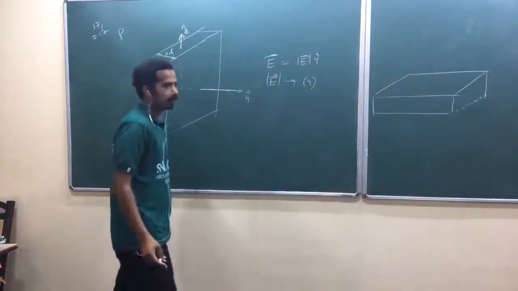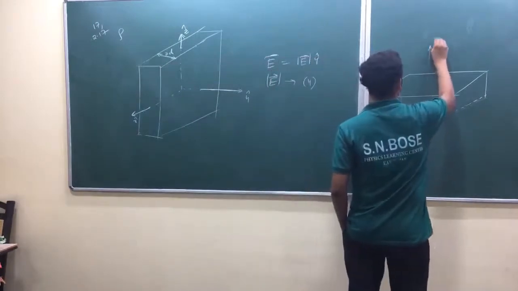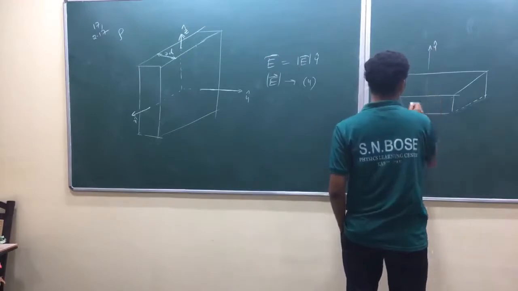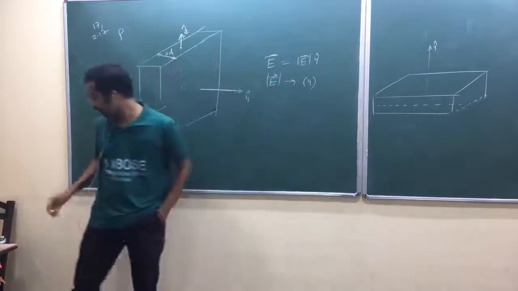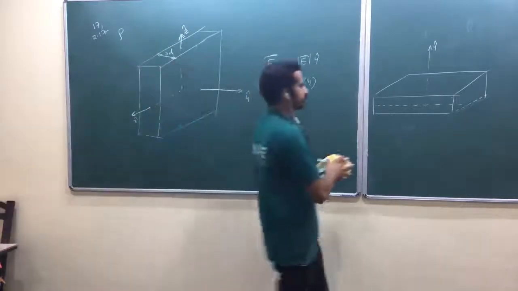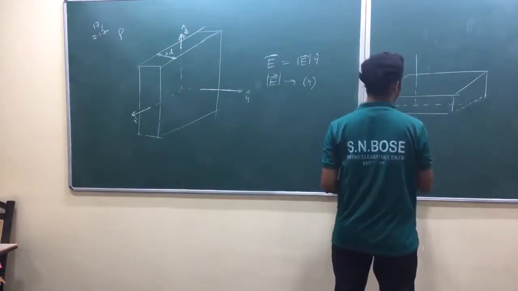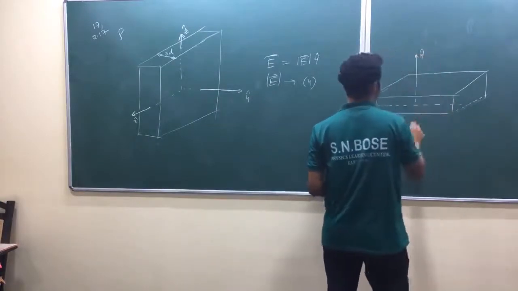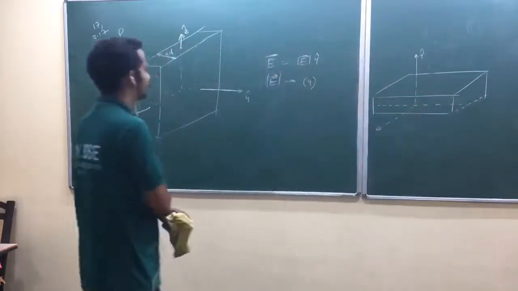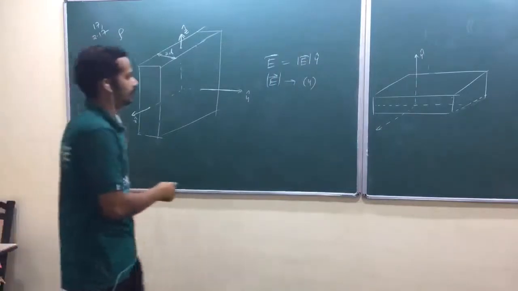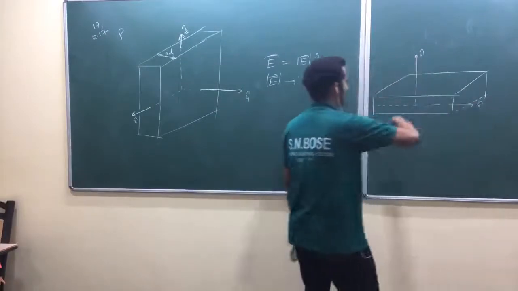I don't know how he has done that one, but let me do it my way. Okay, this is your y axis. This is your y cap. Now somewhere here inside, it is cutting exactly like this. I'd better take your coordinate at one of the edges. That's better. Then if this is y cap, what is this one? z cap, x cap, y cap, z cap.